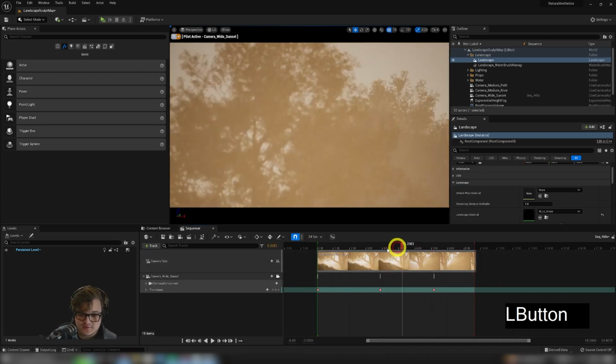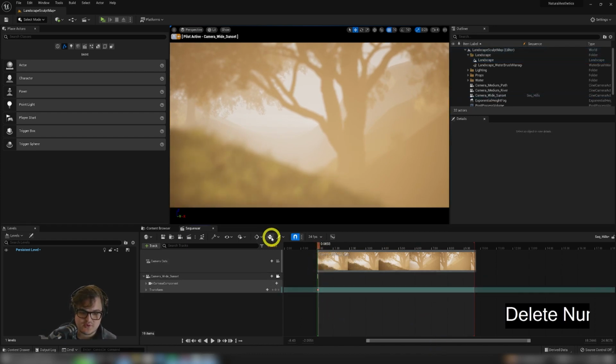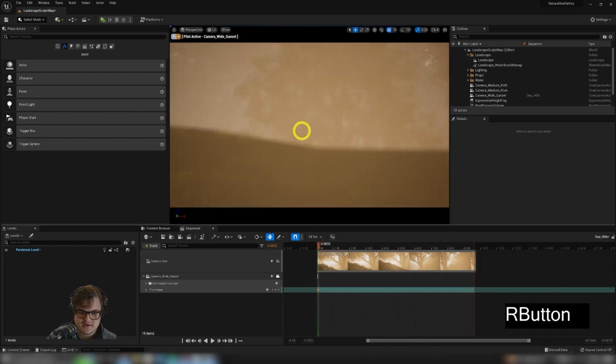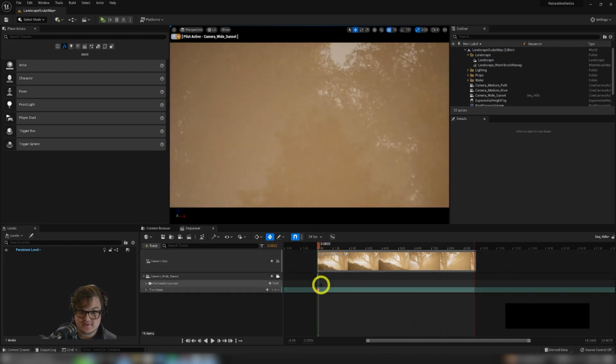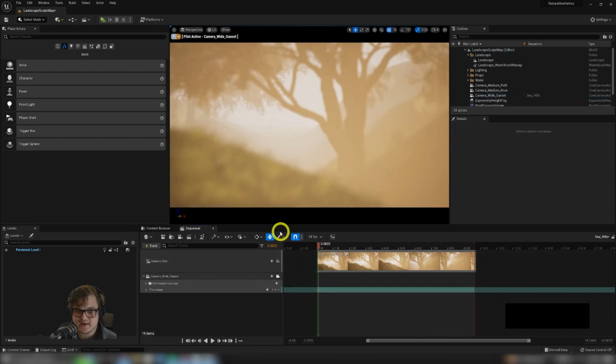Usually, when I'm doing this sort of camera-based animation, I will enable auto keyframing. But you do have to be very careful, because if you make an accidental adjustment, it's going to save that as your keyframe. So be very careful when you have auto keyframing on, but it can be a very useful